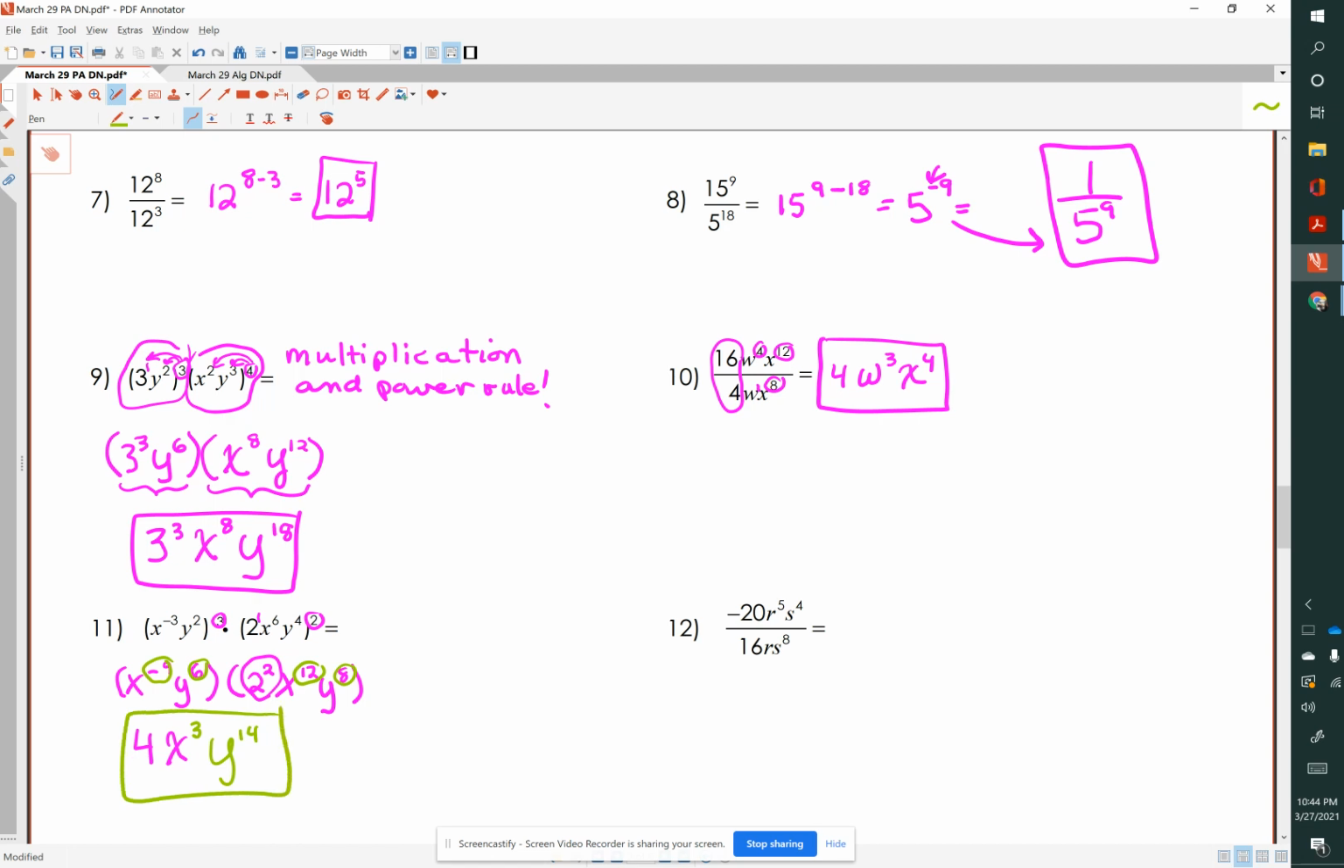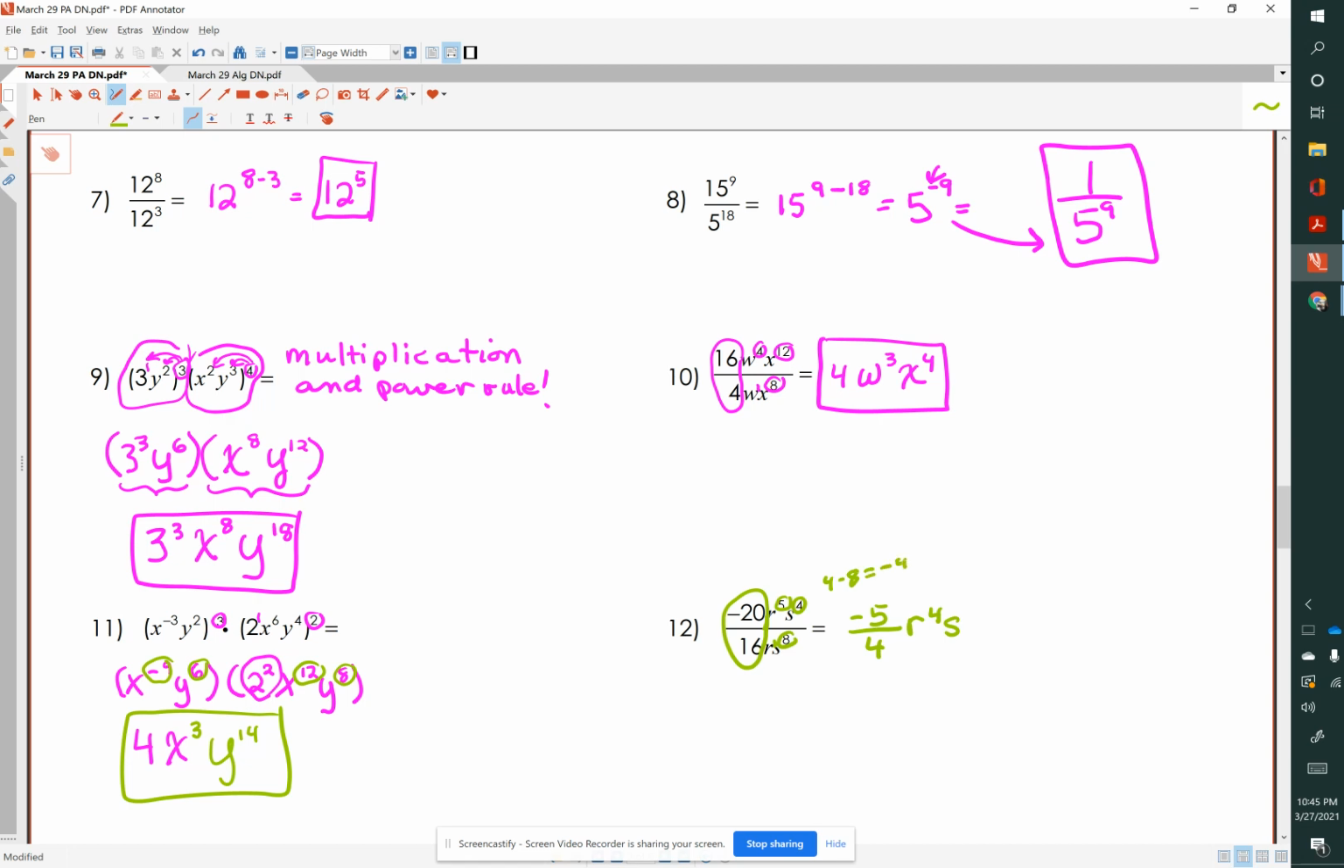And then number 12, negative 20 divided by 16. Well, those are both divisible by 4. Negative 20 divided by 4 is negative 5. 16 divided by 4 is 4. We have an exponent that's an invisible 1 on the r in the denominator. So r, 5 minus 1 is 4. And s, 4 minus 8